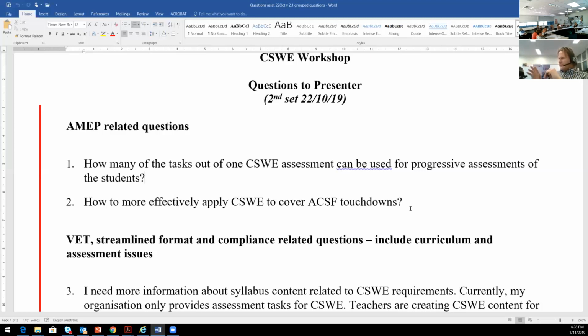The way, as I was talking about before, the ACSF is written into the AMEP is that if you look carefully at all of those things, the performance criteria, the performance evidence, the knowledge evidence, and even the assessment conditions, as I was demonstrating to you, there are little bits of the ACSF that we've had to incorporate in some way, so that you can see there are chains of words or concepts which relate to ACSF performance features at that particular level. So usually, and this is where